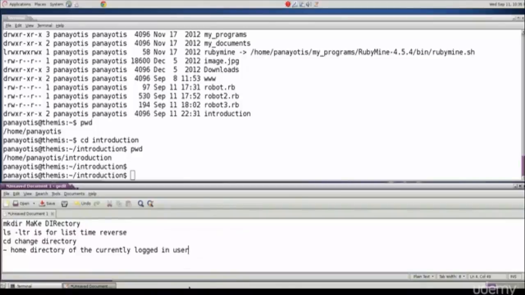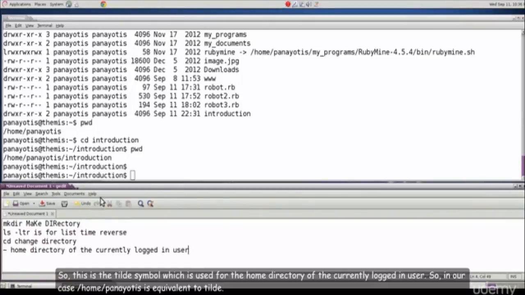So this is the tilde symbol which is used for the home directory of the currently logged in user. So in our case /home/Panayotis is equivalent to tilde, and vice versa,